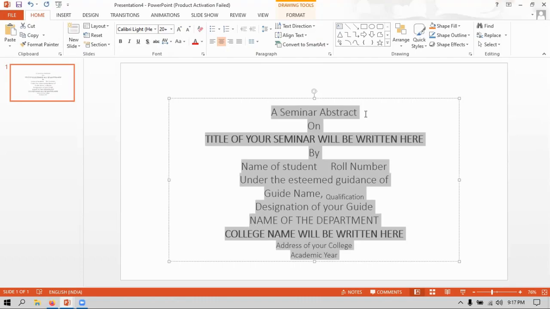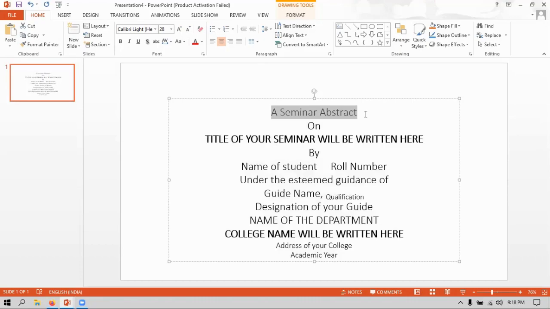So now I'm going to decrease the font size of this particular line. When I decrease it, we can observe the font size that is mentioned here. When I decrease with the help of Control left curly brace, or Control left flower bracket, the font size will be decreased. So now I'm going to press Control left flower bracket. Now it was decreased to 24. Earlier it was 28.